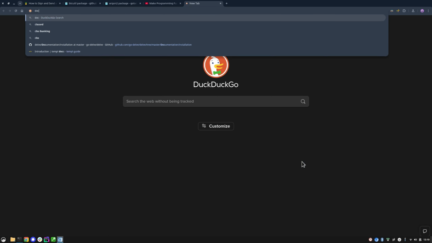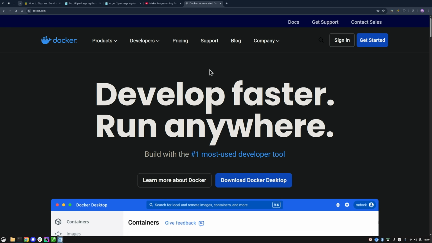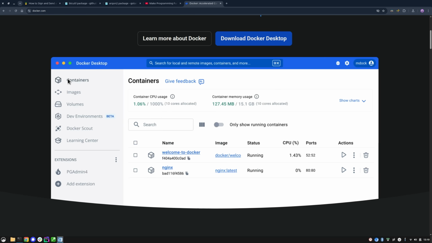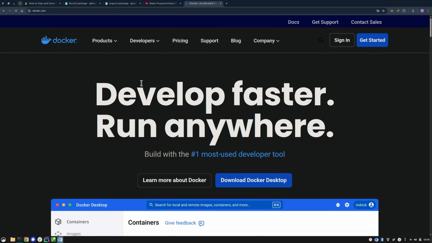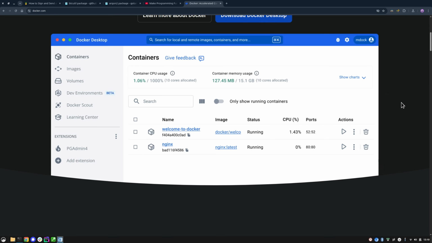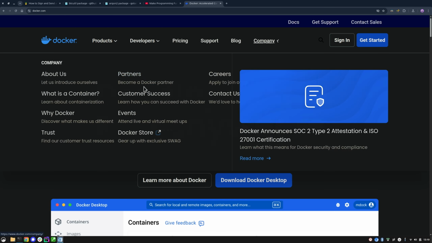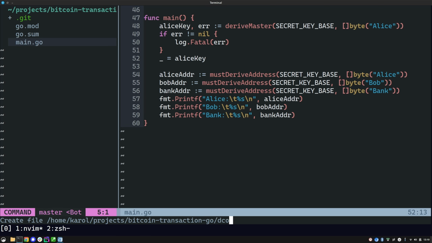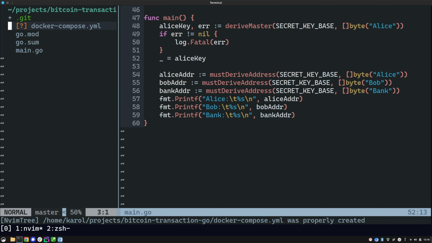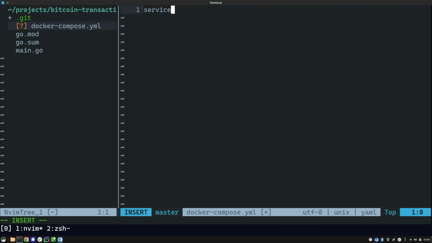So if you don't know Docker, that's a pretty simple tool that runs containers, and containers are like tiny virtual machines that you can use to run programs in isolation, and it's based on the Linux kernel. Most people in the industry know what it is, so I'm not going to go into too much detail. And we define a Docker Compose file, and we're going to have a Bitcoin service that's going to use the image bitcoin/bitcoin